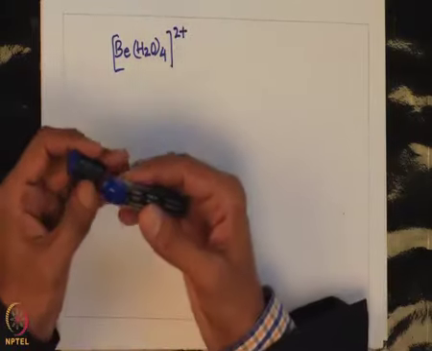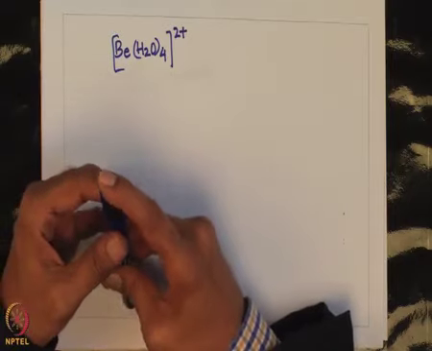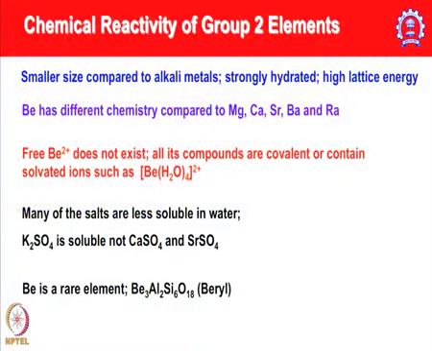when you put sodium chloride or potassium chloride into water, you can see Na plus ions and Cl minus ions, whereas in case of beryllium that is not going to happen, and instead it always exists as a coordinated complex having this kind of formulation. Many of the salts are less soluble in water. For example, K2SO4 is soluble, not calcium sulphate or strontium sulphate, and beryllium is a rare element, okay, and that